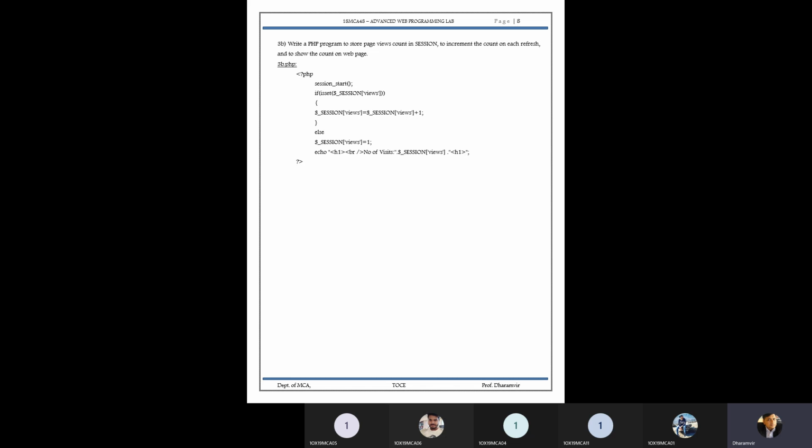So once you identify the time count with session and cookie, then we can perform the web application with any component. Any component means task, identifier, data, control, and application. These are the four components that we are going to use for session and cookie. So this is all about the basic three programs. So I think total 12 programs are there.